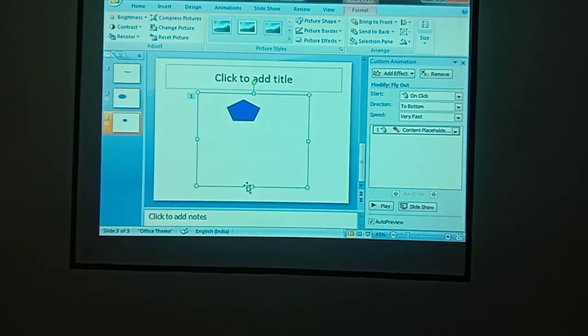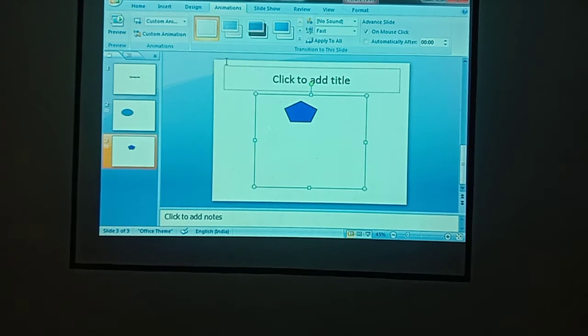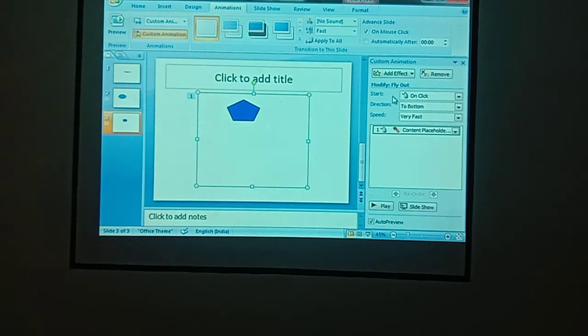The steps are on page number 66. You need to open a blank slide, and after opening a blank slide, insert a shape. Go to the insert tab, and after that click on the illustration group, choose the shapes to insert, and next move back to the animation tab, click custom animation. After clicking custom animation, on the right side you will get the add effect option. You can choose any options. Okay, and you can modify your start, direction and speed also here.